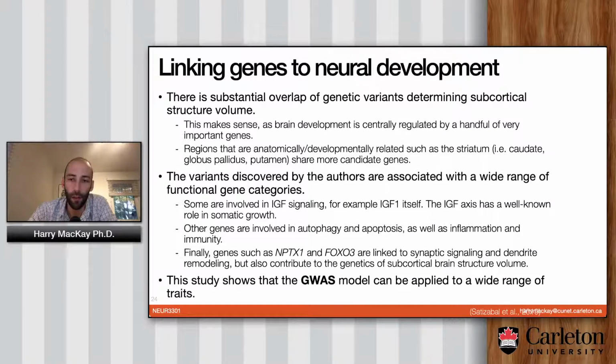It turns out that there's a surprising amount of overlap in the genetic variance that determines subcortical volume. And this kind of makes sense because brain development is centrally regulated by a handful of really quite important transcription factors and morphogens. Regions that are anatomically and developmentally related tend to share more of these candidate genes. So for example, the caudate, the globus pallidus, and the putamen, all parts of the basal ganglia, all have the same genes that influence their size, which is, I think, kind of interesting in its own way, because neuroanatomists, centuries